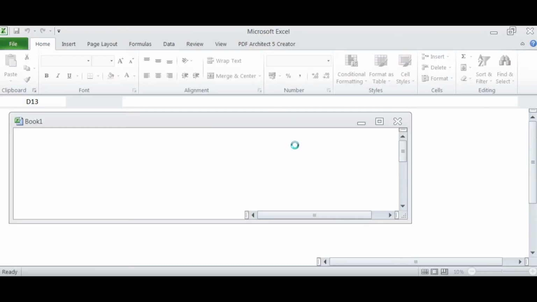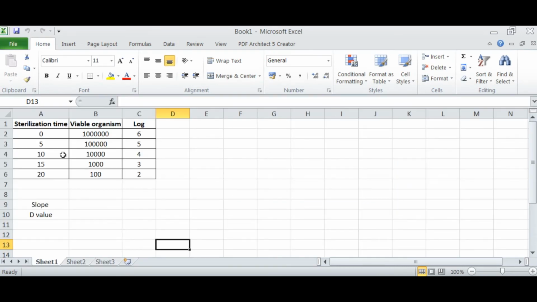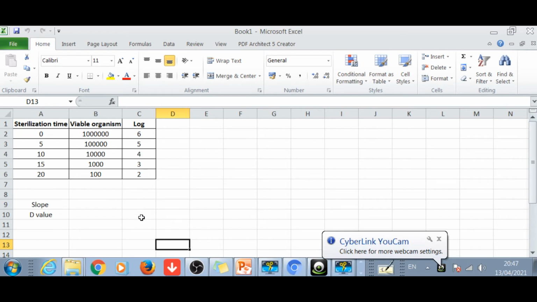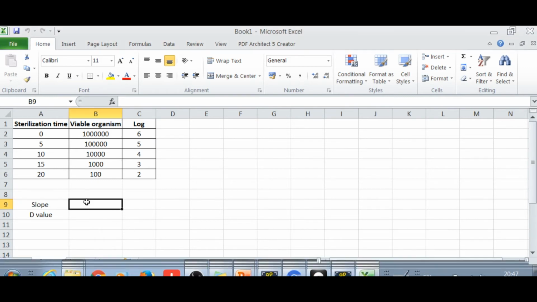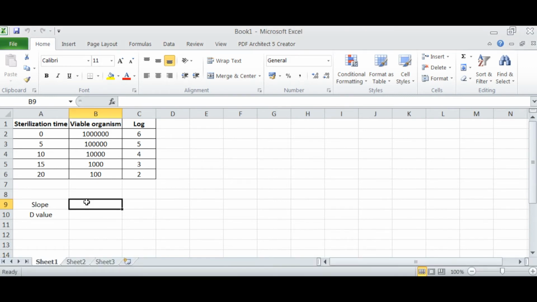Fine. Now we will see with the spreadsheet. We'll take one spreadsheet. Yeah, it's open. Now see, this is the sterilization time, in the example this is the viable organism, and here we got the log, as we explained previously. Now we have to get the slope first. How do we get the slope?